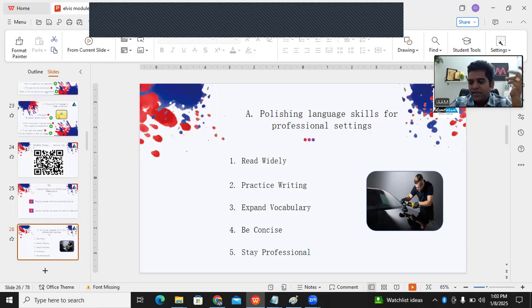Stay professional. Ask them, in this room, how many of you are friends? Most of them will say yes, we are friends. So ask this before introducing this fifth point, and then tell them what is the difference between a friend and a colleague. In the office, yes, we are friends, but that is out of the office, in the canteen, not at the workplace. At the workplace, we all are target driven. We all are result driven.